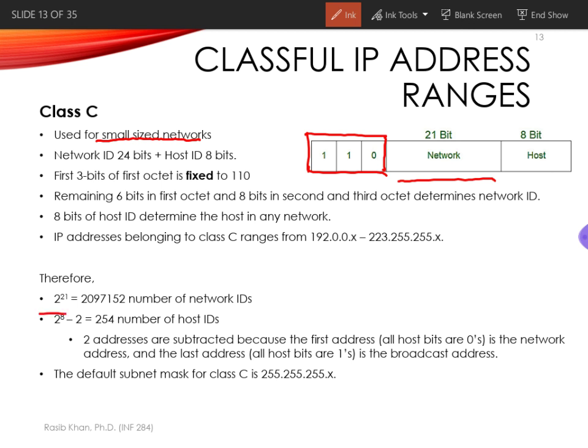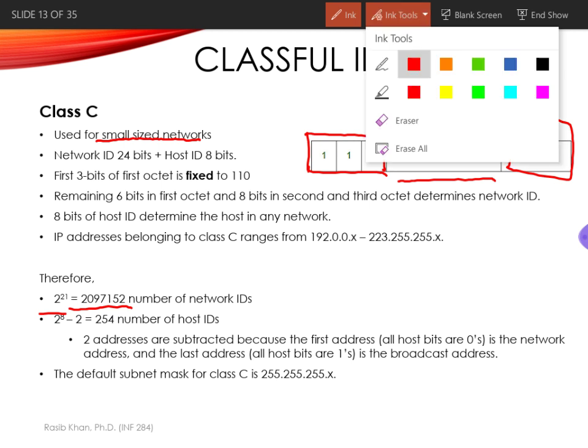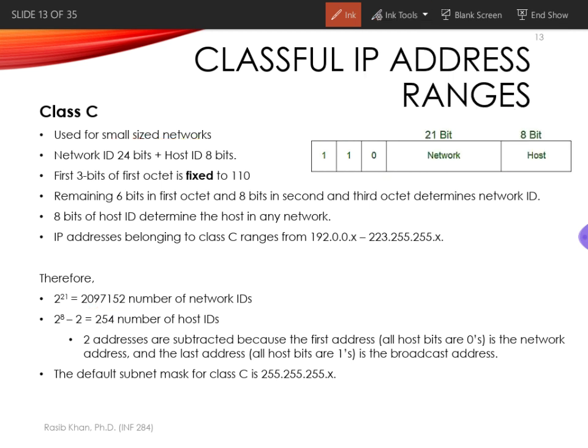So 2 to the power 21 is a very large number. However, the host part is only 8 bits. So 2 to the power 8 minus 2